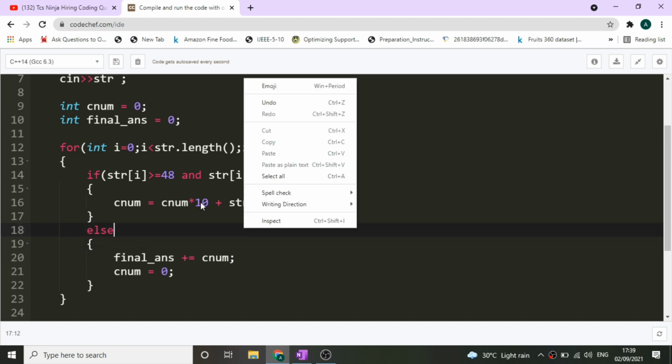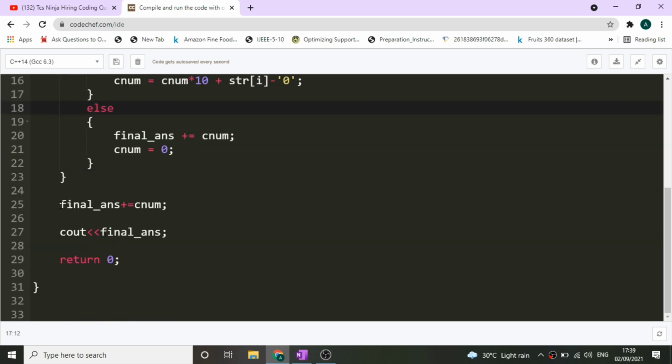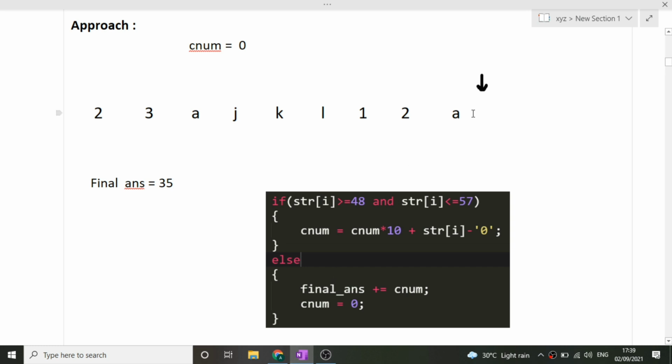So once this for loop is over, we will again add final answer plus is equal to CNUM. Now why are we adding this? See, here in the end it was A, but let's suppose in the end it was 3. So when we are at this character, our CNUM was containing 12. Now this if condition will run, and this 3 will be added to this number, it will become 123.